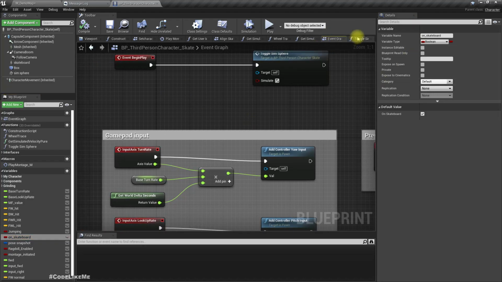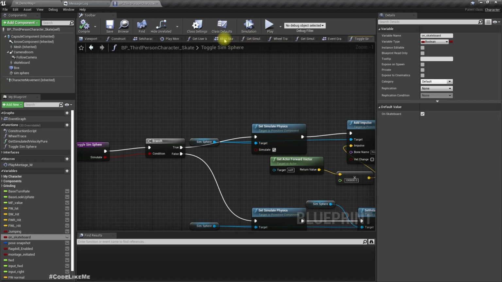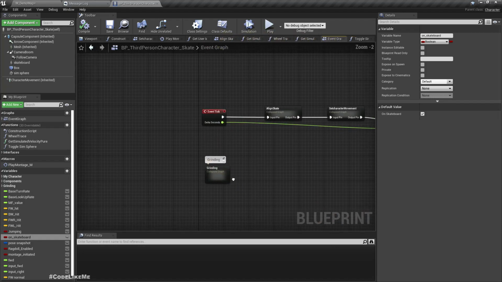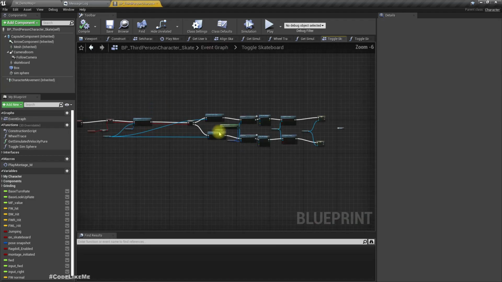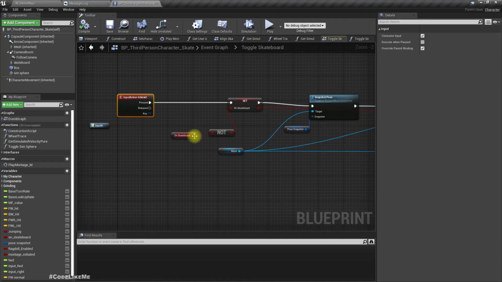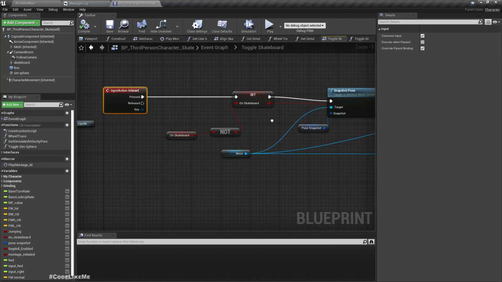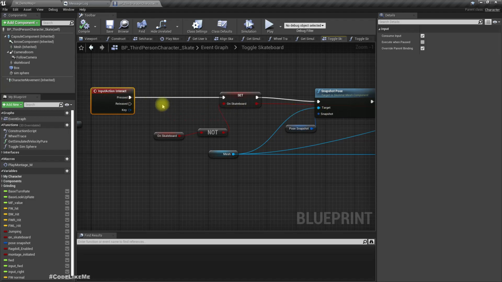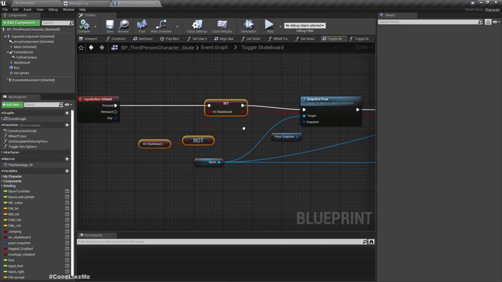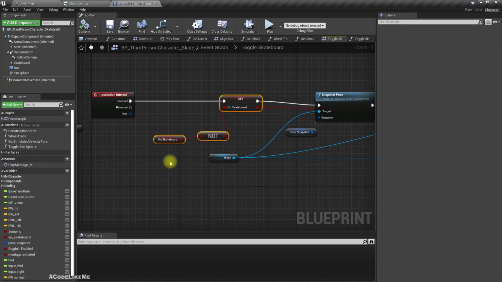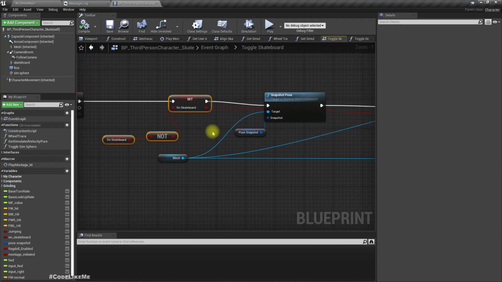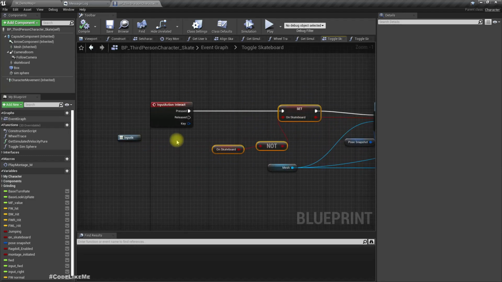But let's go to the toggle skateboard part. So here we have set this input action, and when we call this, if we are on the skateboard, we get off the skateboard. If we are not on the skateboard, we get on to the skateboard. So right, instead of